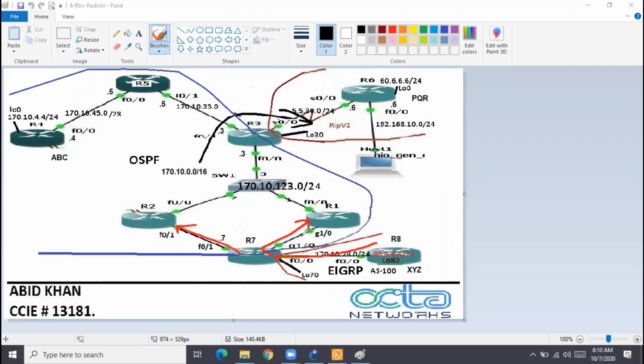So they both will receive the routes from R7. Let's say this route is there, 80. If you see here, I have written 80.8 on the router. So this loopback of R8 will be appearing on R1. R1 will be the first router. Let us just consider there is no R2 for the time being. Let us just see the flow. Understand? We are focusing on understanding type 1 and type 2. So the first router which is going to receive the routes and install them in its own routing table will be R1. So let me go to R1 now.